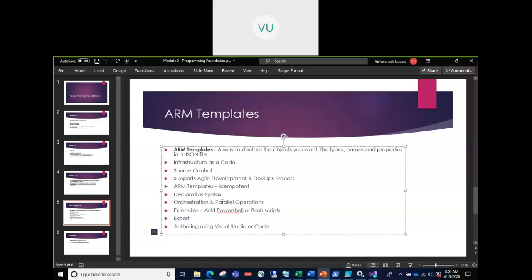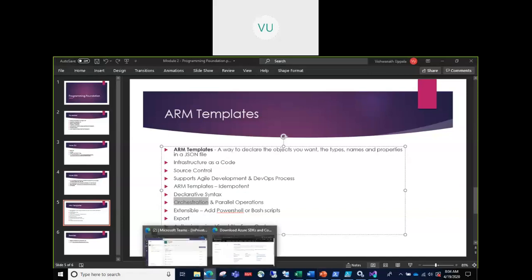So if you describe that in ARM templates, then Azure is smart enough to understand, okay, this resource is depending on this resource, so I'll go and create those resources first, and then create the original resource. So that orchestration part is also taken care of by Azure for you. So let's take a look at how the ARM template